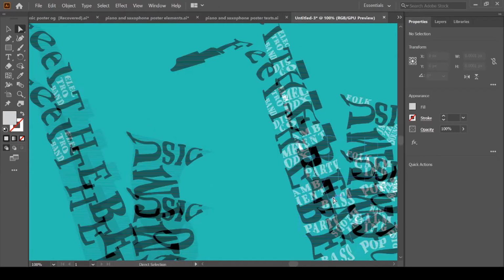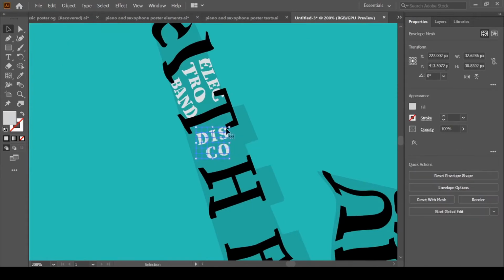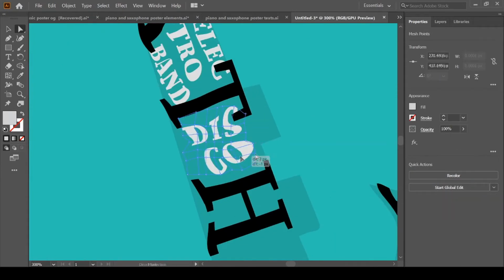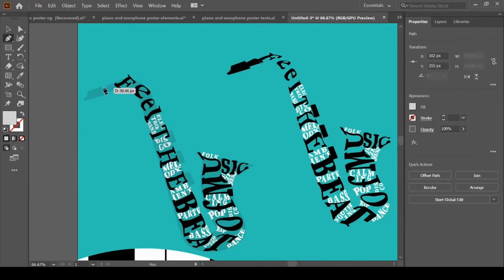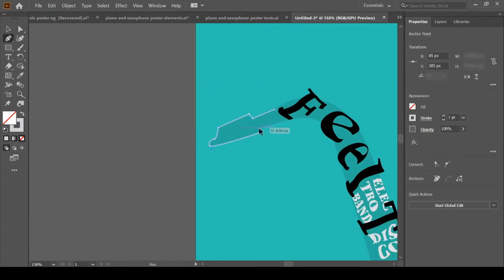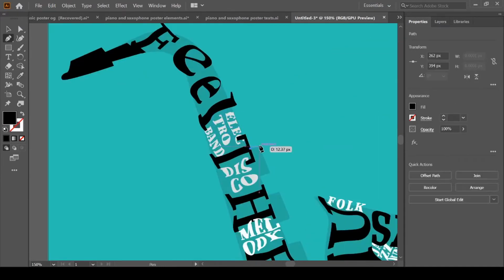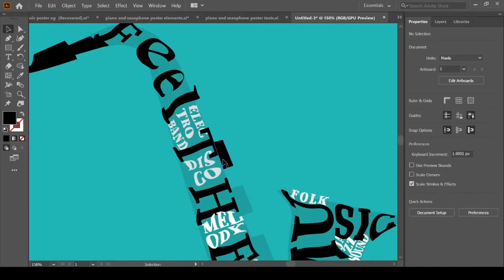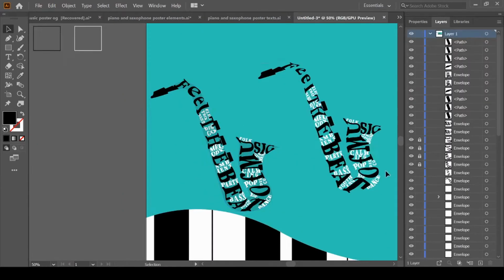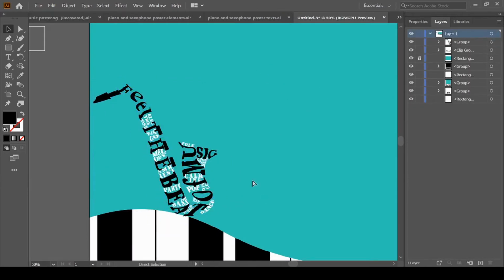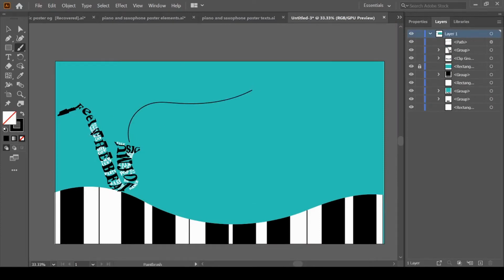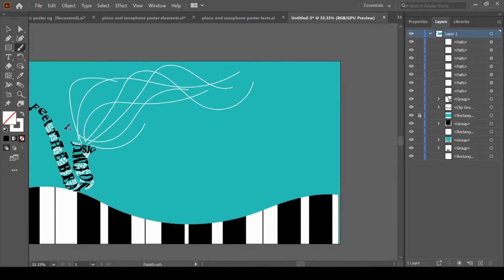I have used all the default fonts available in Adobe except for one, and that is Equinox. You can download it from the website link given in the description below for free. And not only that font, you can download any font from that website for free. Just make sure that you first read the license agreement.